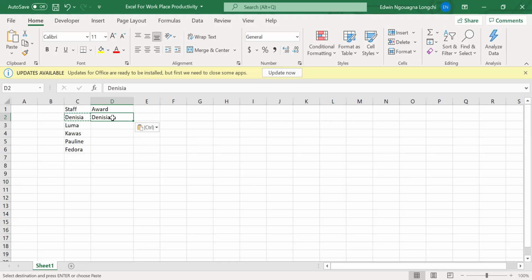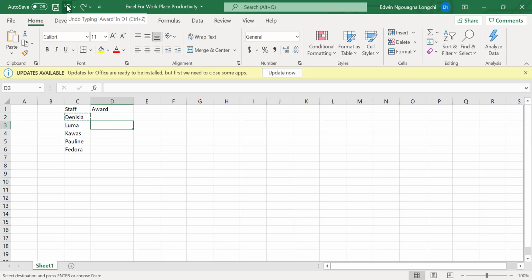So I can undo this. Undo is Control Z, or Control Z for those who are maybe in other countries who call it Zed. If I press Control Z, it goes away because that's undo, which is something that you can do right up here. Okay. So I prefer to use those keyboard shortcuts. It's easier for me.